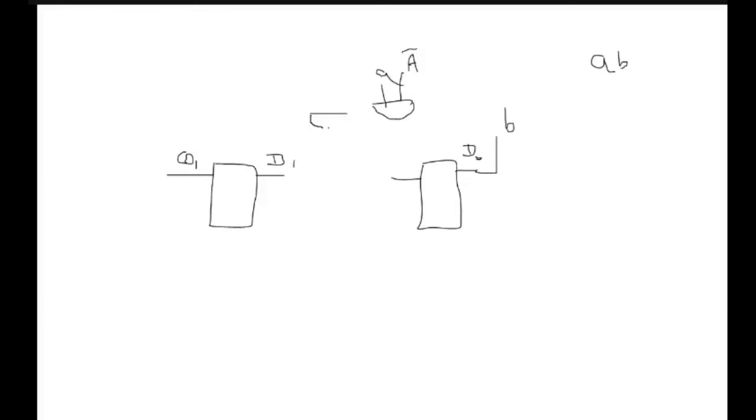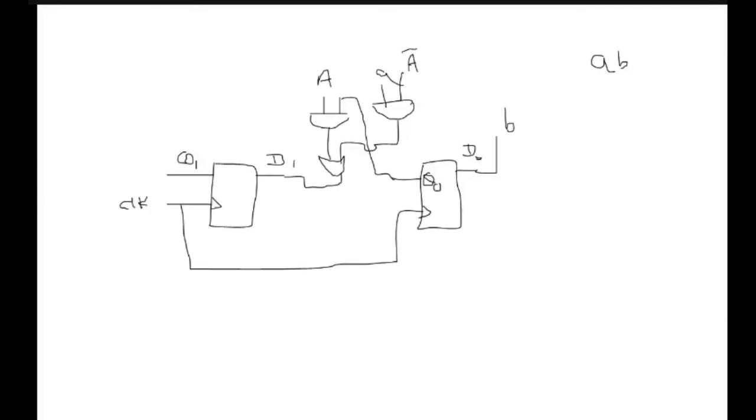Then we need to perform the shift operation as well. So shift means when it is equal to A, it is performing the shift operation, and this input will be connected to my Q0, and then we are using one OR gate. The output will be connected to D1. So this will be an example of again PISO with shift left operation. Now if you want to extend it to 3-bit, 4-bit or 5-bit operation, the same circuit will be extended.